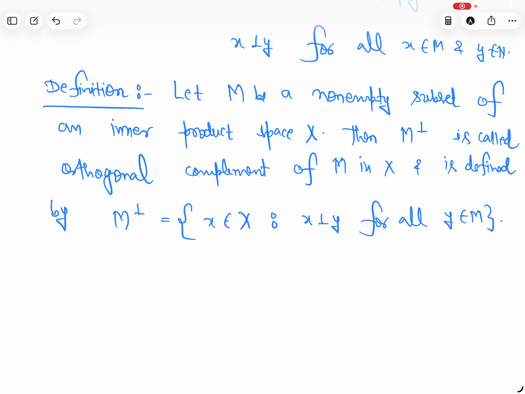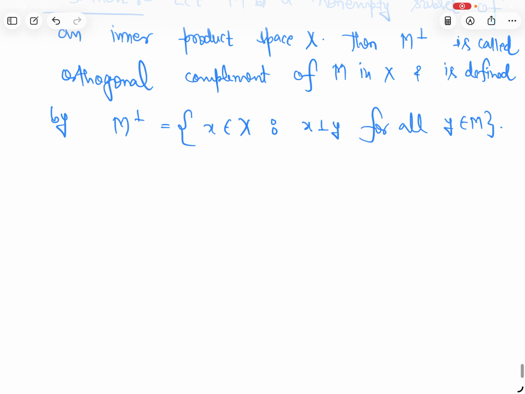Orthogonal complement definition. Okay, so theorem,